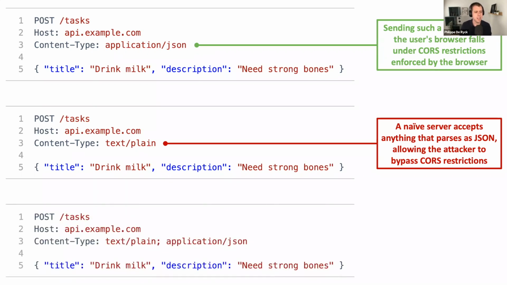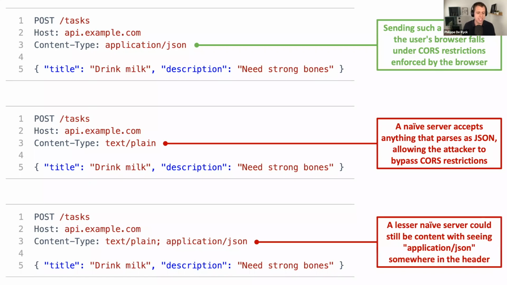So what they did is they checked if the content type header contained application/JSON, but they didn't care about anything else, which means you could send something like text/plain semicolon application/JSON, which makes no sense at all, but doesn't trigger CORS restrictions and basically allows the attack to be smuggled out anyway. As you can see, a couple of crazy scenarios that you don't really need to break your head over, because